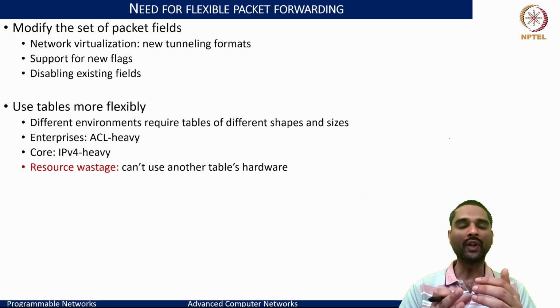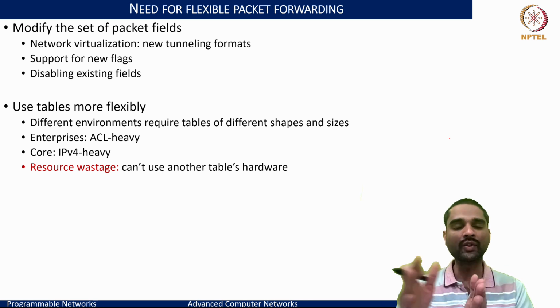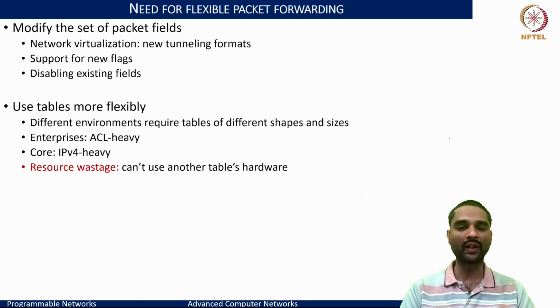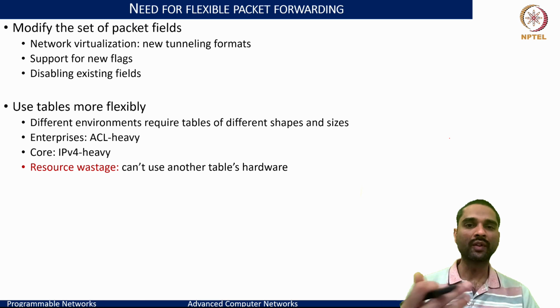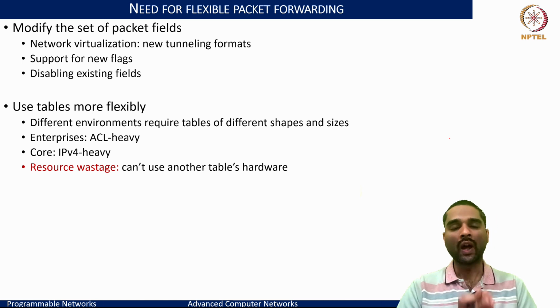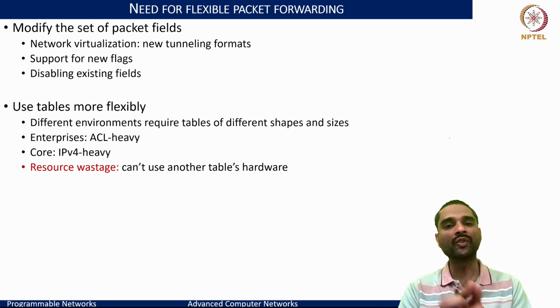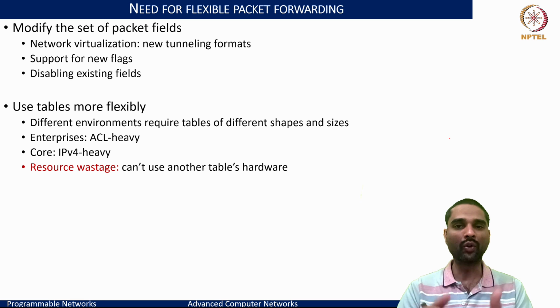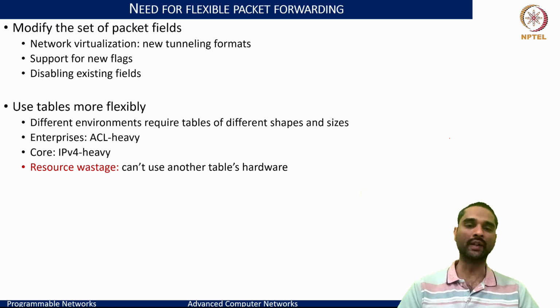That means we cannot be confined to just one set of specific headers. We may have to look recursively into the packets, VLAN, all of these. And this required us to have the need for flexible packet forwarding. We couldn't have these tunneling supports unless the ASICs support them. And we want to build custom tunnels. That means we want to have the ASICs support them readily.